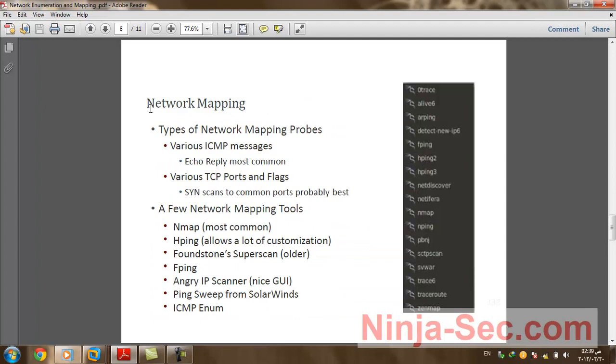Let's see some other tools for network mapping. Types of network mapping probes: various ICMP messages, with echo reply the most common, and various TCP ports and flags. Sending scans to common ports is probably best. A few network mapping tools: Nmap, which is the most common one,